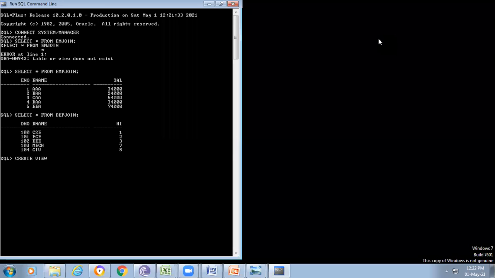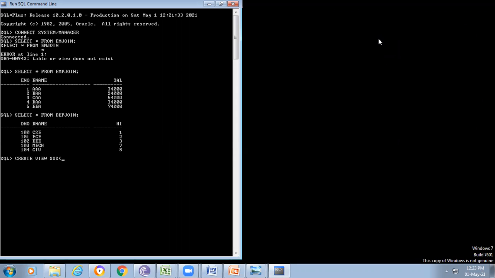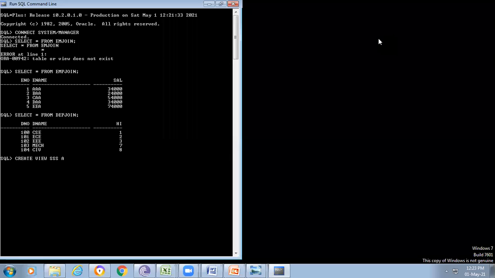For example, here I'm giving the view name as Triples. If it already exists and is not created, we try to give a new name. Now here we give the name as select.